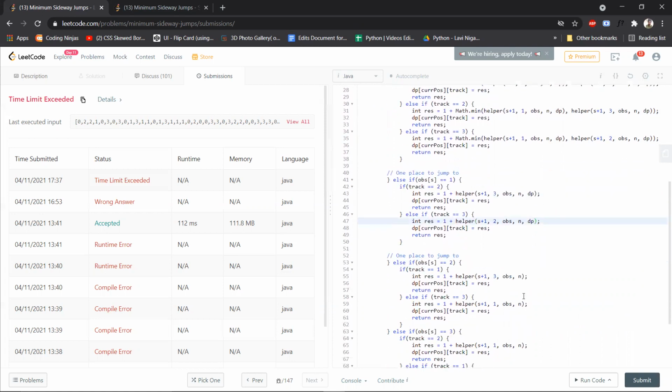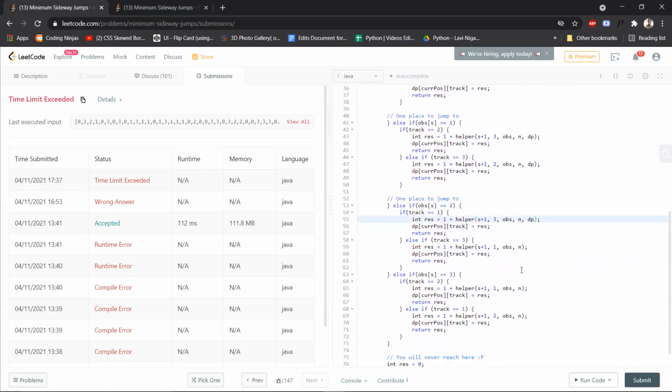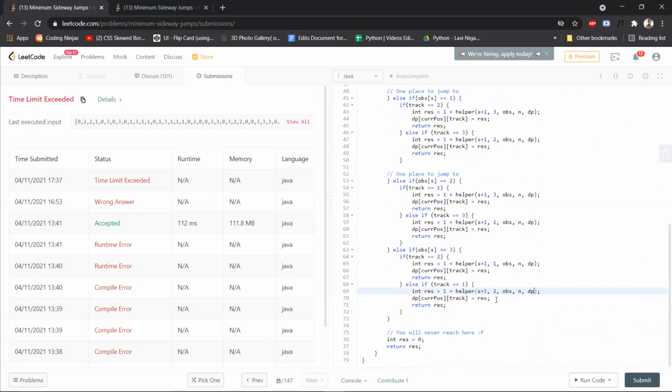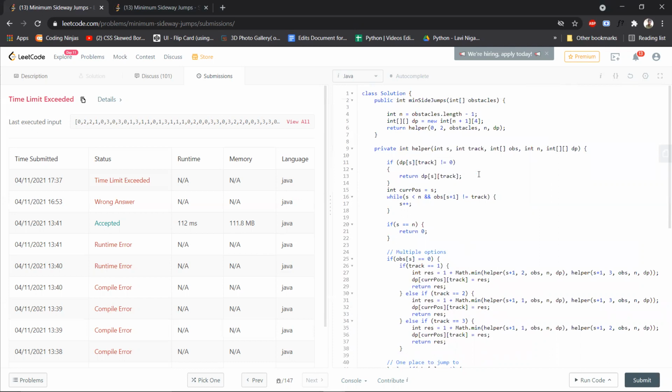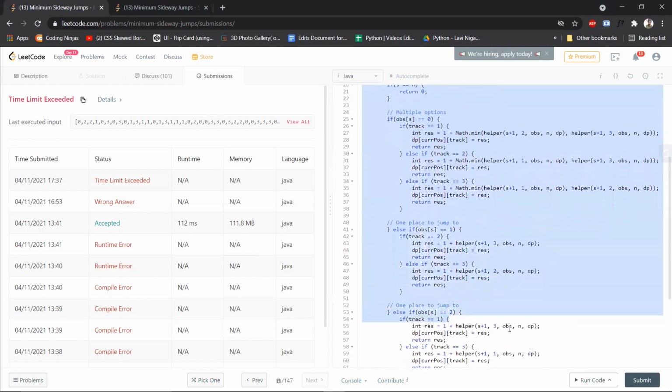We are now using a DP table to store our answer to save time. Instead of recursing all the possibilities, there were 3 tracks, so this recursive tree would be somewhere in the powers of 3. We don't want that. So we use this DP and now we have stored our result. If this result has been pre-computed, we'll simply use the result. Otherwise, we'll go ahead and compute the result.